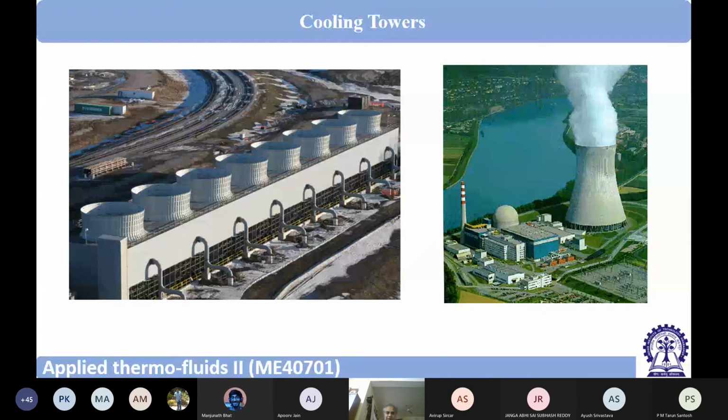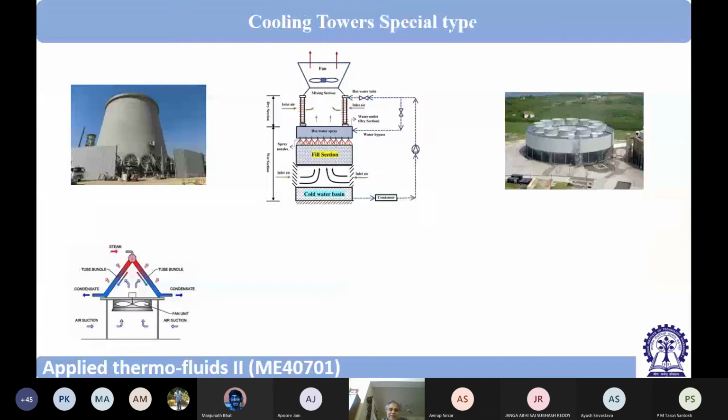Okay. So now we come to something special. I have not written anything; I will send this slide deck. So this is a kind of hybrid cooling tower, because you see it has some sort of a chimney. It will give you natural draft, and you can see a lot of fans are there. So it is giving you fan draft plus natural draft.